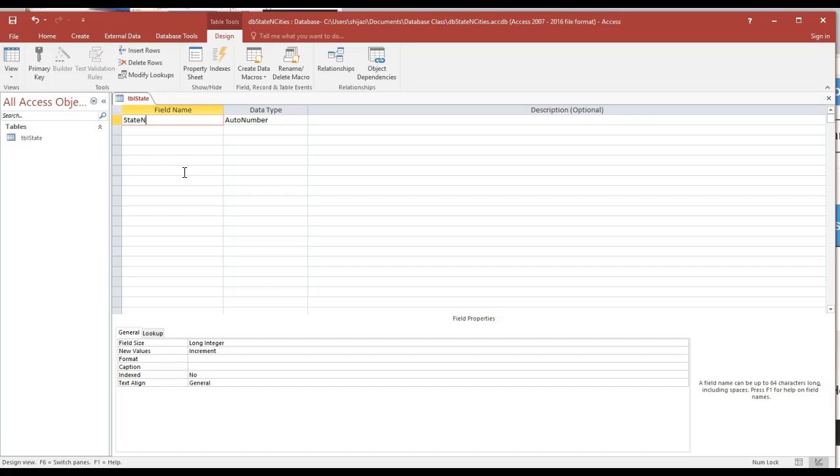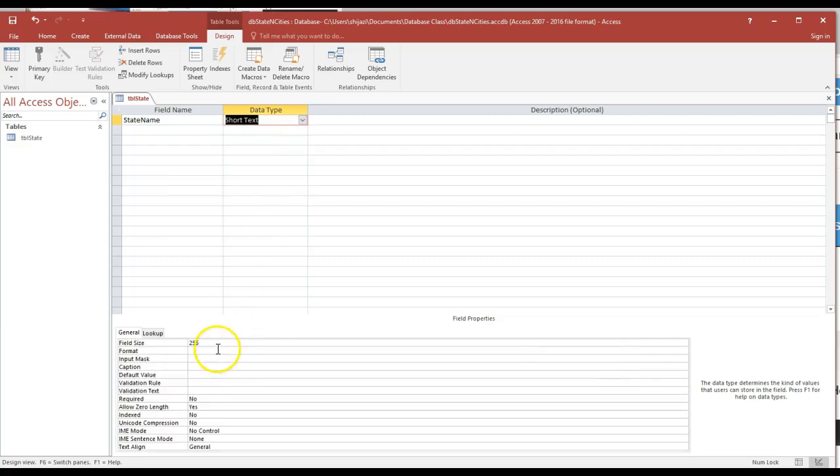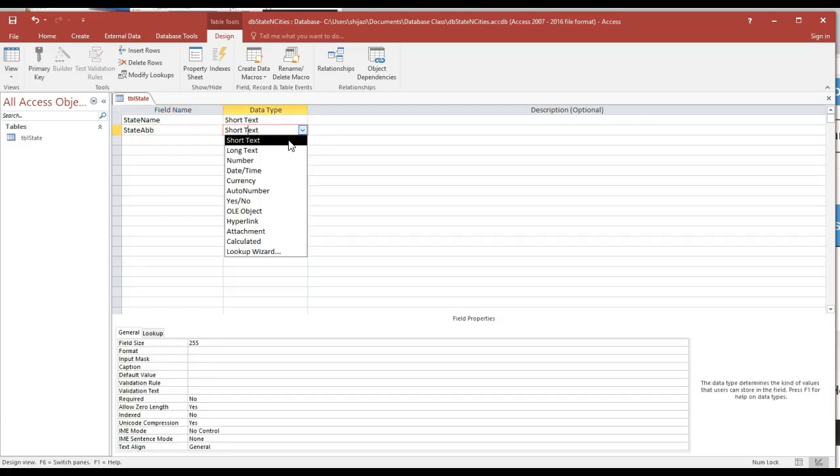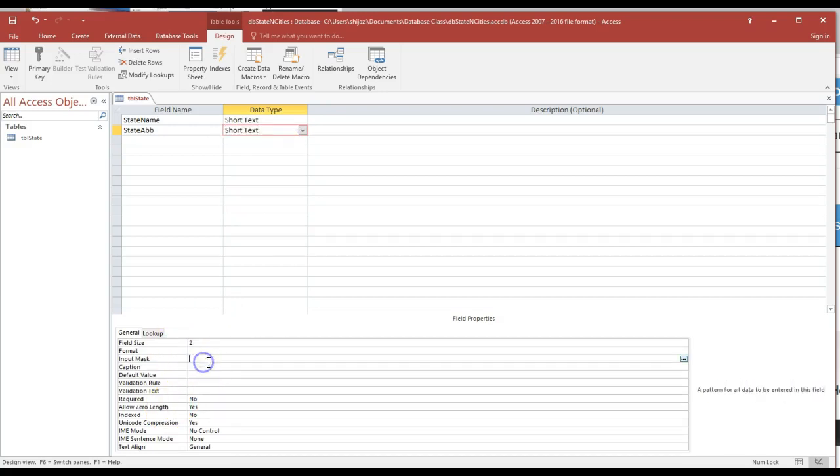Or let's start with state name, and the data type of it is going to be short text, and I'm going to change this to, let's say there's no bigger state than 20, let's say 30, even though I'm wasting some characters here and there. And we have state abbreviation, and that's still going to be short text, and I'm going to limit that to 2. And in the input mask, I'm going to force those 2 letters for the state abbreviation